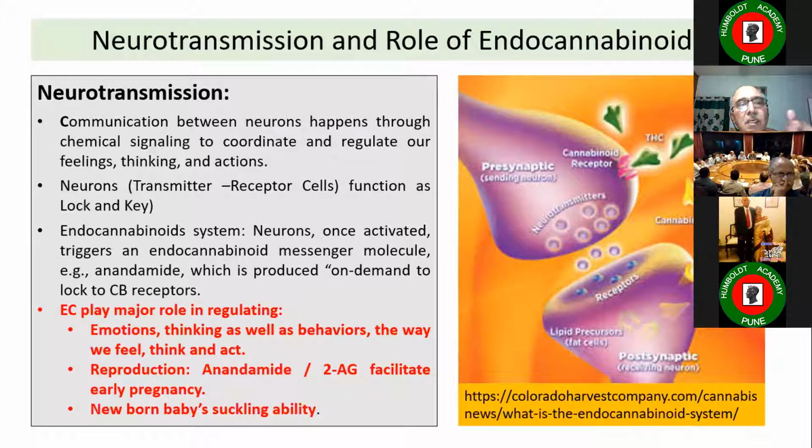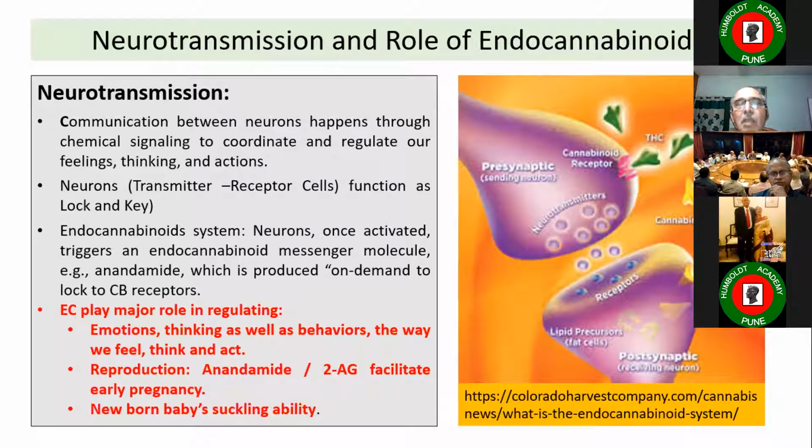Now, it regulates our emotions, thinking, and behavior. That means actions. They all are chemical based. It is the way we feel, think, and act. Another very important point, the most important part according to what I feel, is reproduction: anandamide and